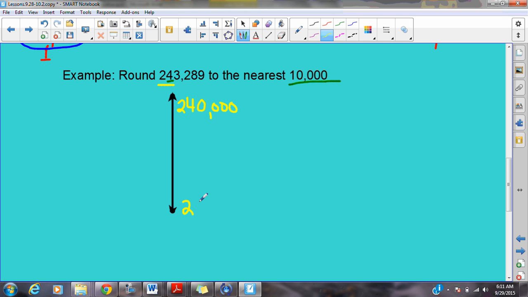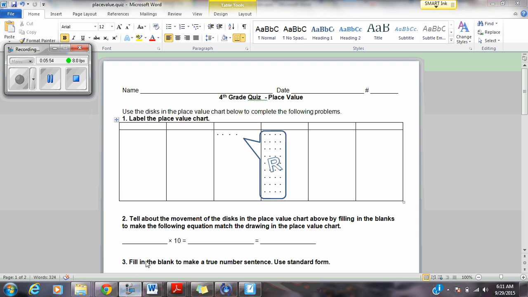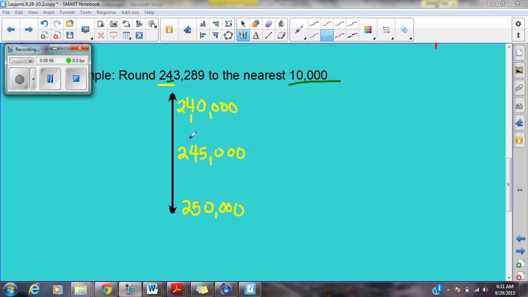Or it could round to 10,000 more, which would be 250,000. And I just have to find the midpoint. So my midpoint is 245,000. I know that 243,000 is less than 245,000, so I think it would go here,